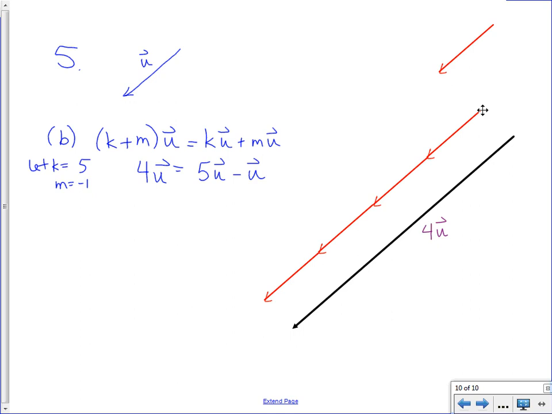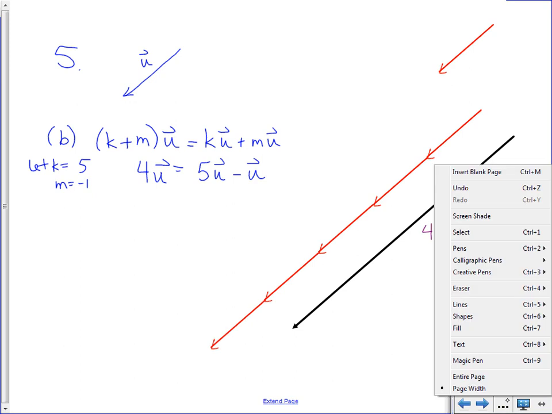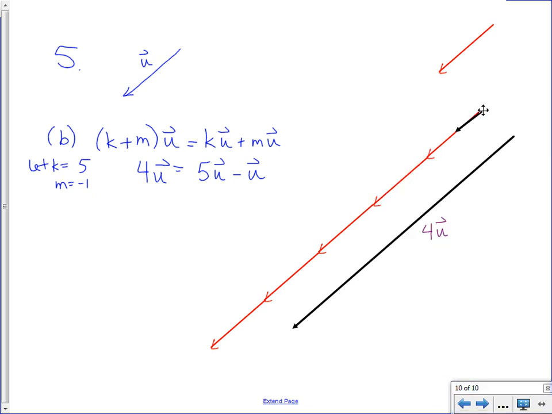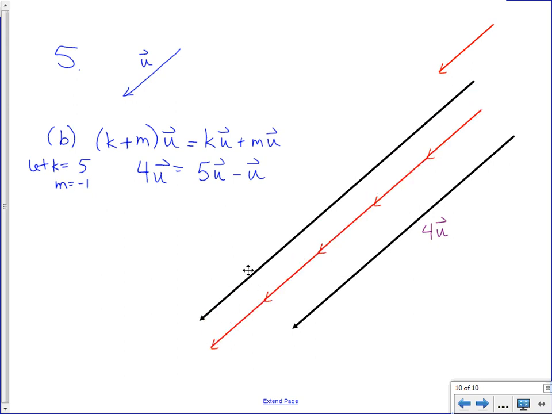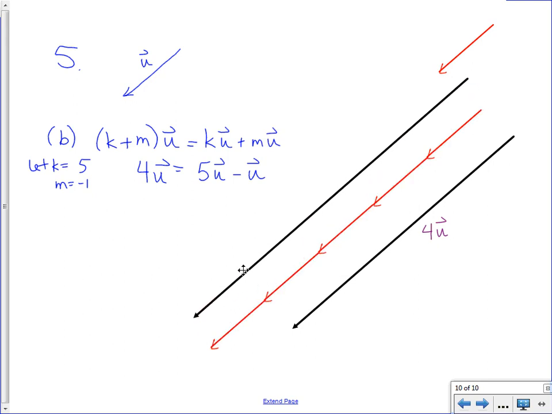So now, what's the right side going to be? It's me drawing a vector that's a 5 vector u. So 1 vector longer than this, right? And then I do. Okay. So now I do a vector that's 5 vector u's long. So there's my vector that's 5 vector u's long. And then I'm going to draw a vector that's